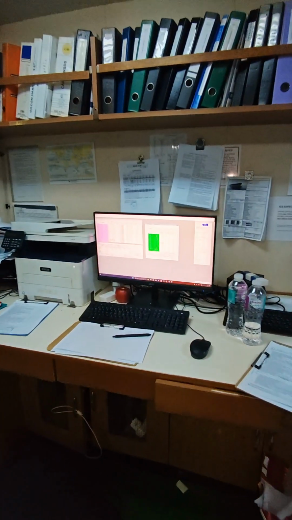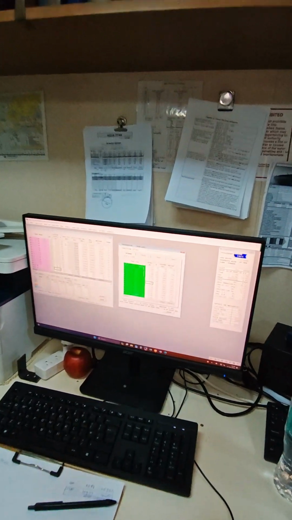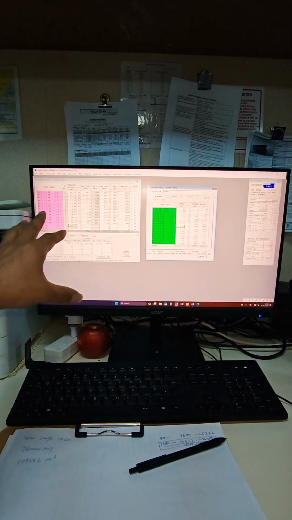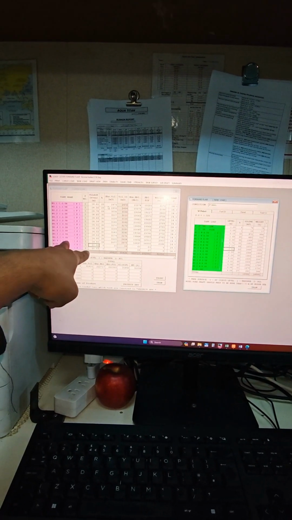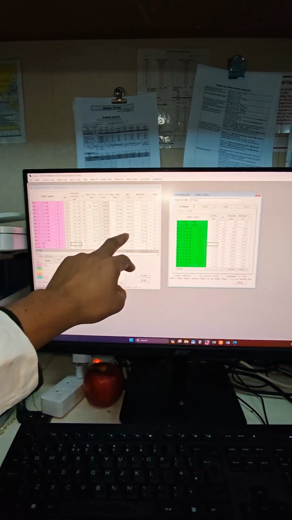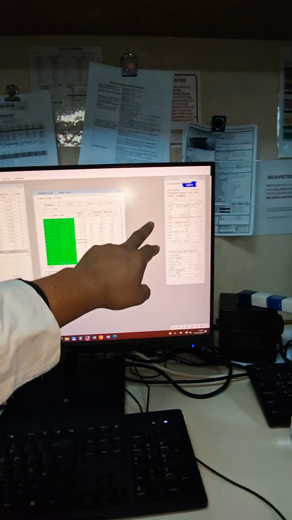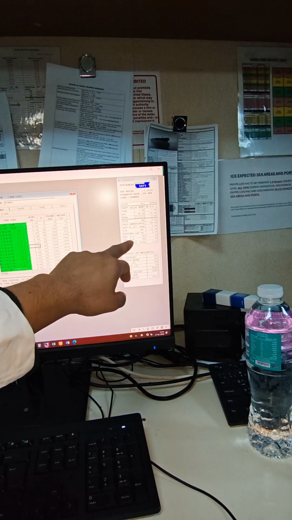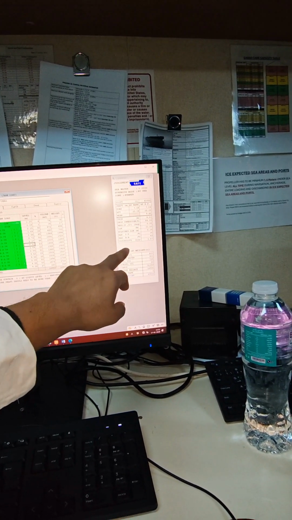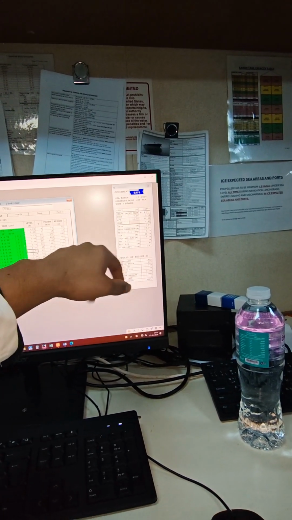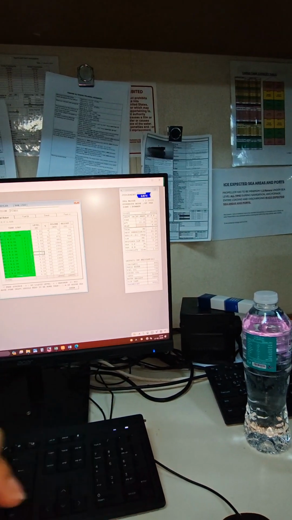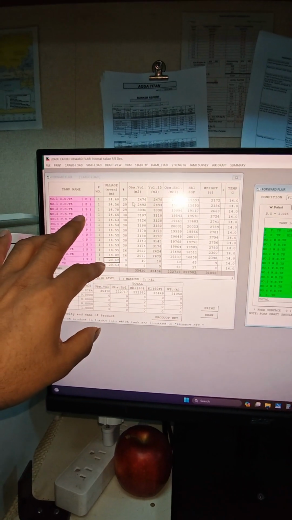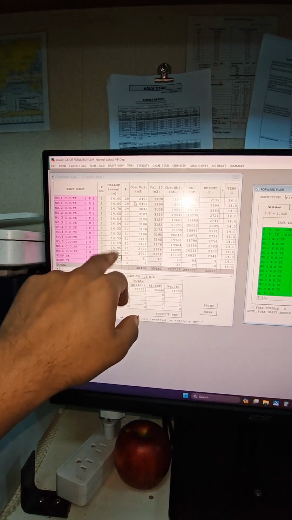This is our Loadicator. Maybe on board your ship it is a different kind or different type of Loadicator, but no problem guys, the basic is the same. So you have to put your cargo tank ullage here and ballast tank sounding here. So you can check here the draft, also GM, also shear force, bending moment, all data you can see here. Remember guys, this is the Loadicator, and when you input your ullage here